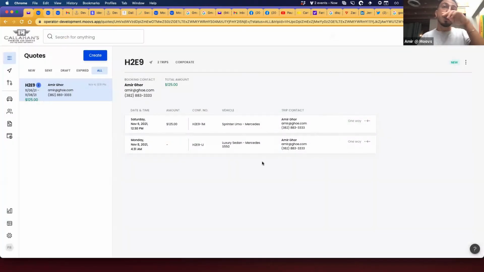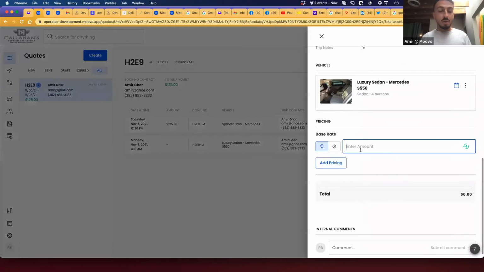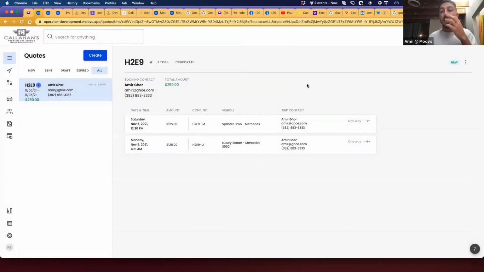I would encourage you, if you do have airport trips, to try this out to see if it does increase your return requests, because we've seen it work with other operators. And of course, I'm open to feedback on adding it to reservations.